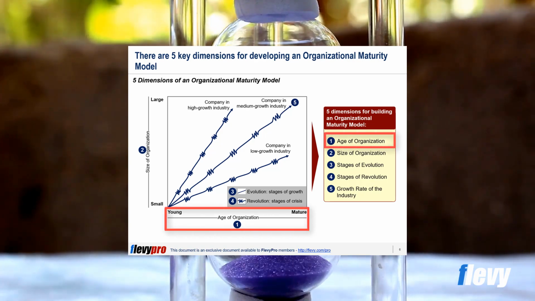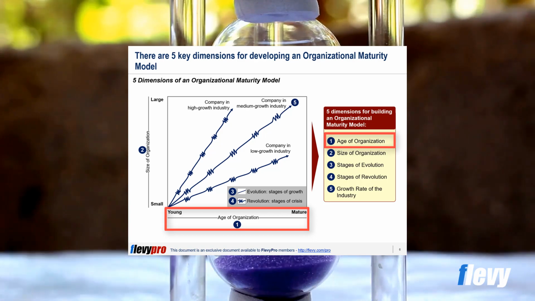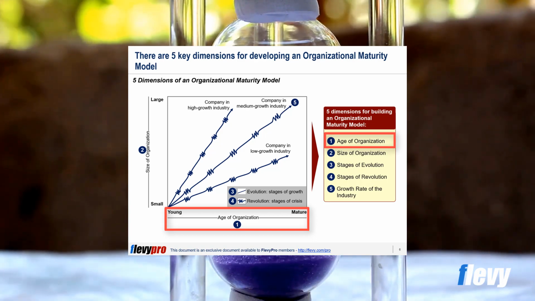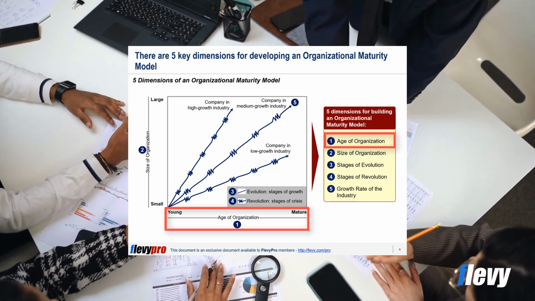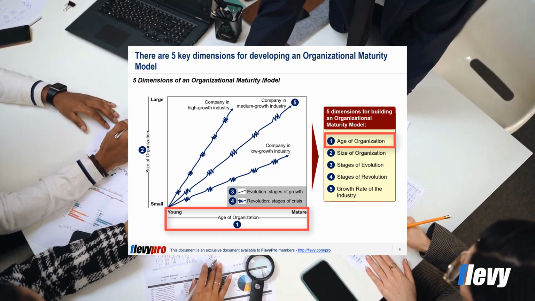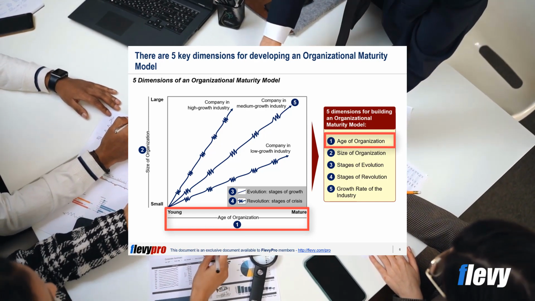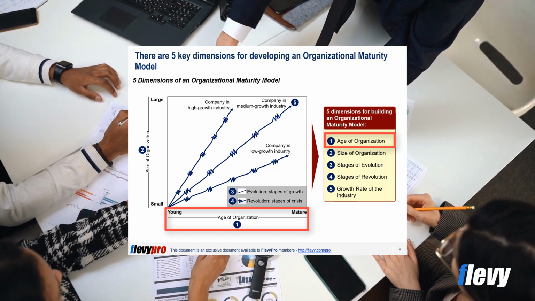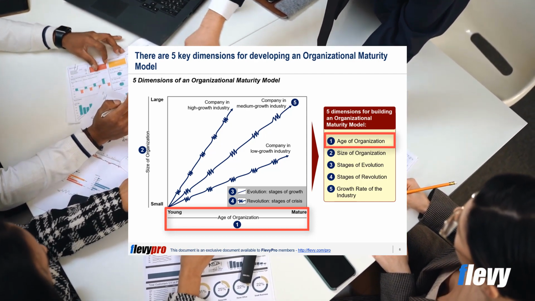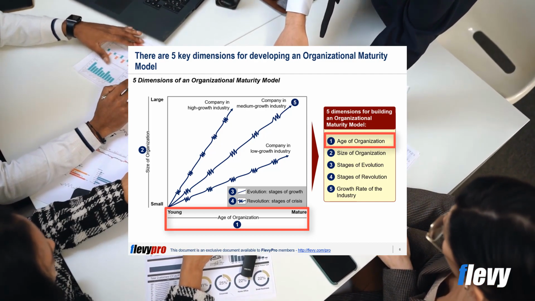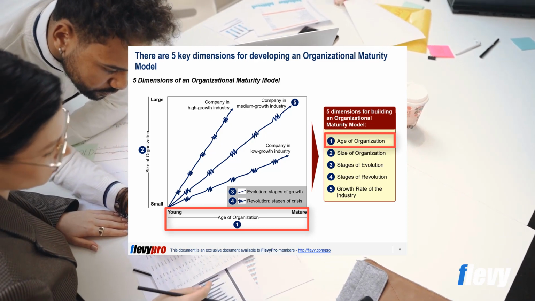First, let's evaluate the age of the organization. The most obvious and essential dimension for any maturity model is the age of an organization, represented on the graph as the horizontal axis. Management problems and principles are rooted in specific time periods of the organization. This is illustrated by how the same organizational practices are not maintained throughout a long lifespan. The passage of time also contributes to the institutionalization of managerial attitudes.